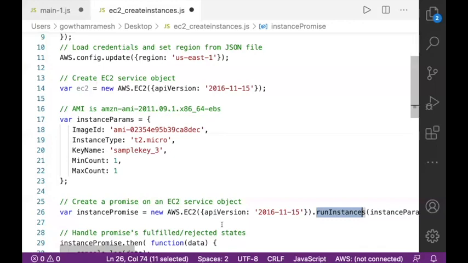For example here, AWS EC2 API version 2016-11-15. Instead of this entire statement, you can also use this EC2. Just for understanding purposes, I'm directly using the class name here.